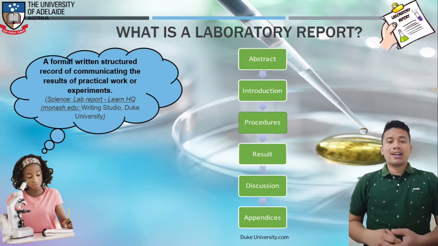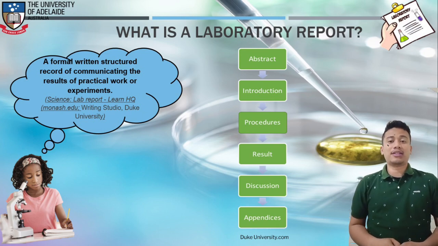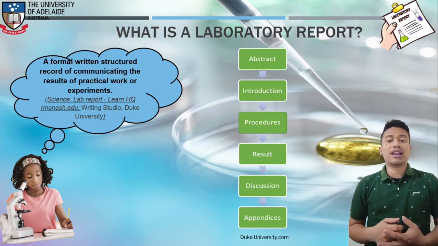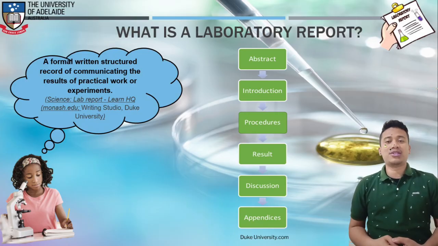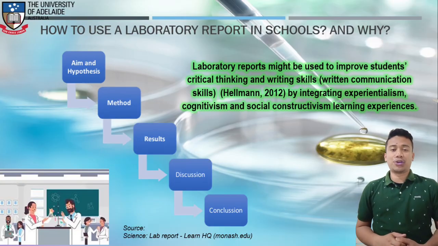laboratory report. According to the Science Lab report of Monash University and Duke University, a laboratory report is a formal, structured record of communicating the results of practical work or experiments. In addition, Duke University provides a framework of a lab report consisting of an abstract, introduction, procedures, a result, discussion, and appendices. Generally, in the classroom or a lab, a simpler used structure of a lab report is similar